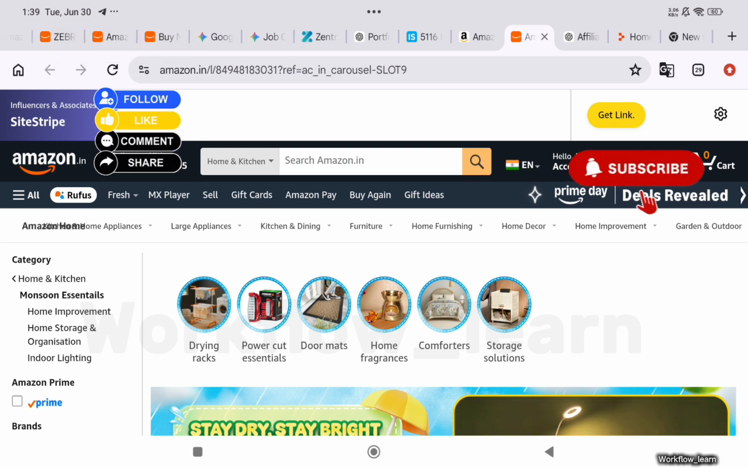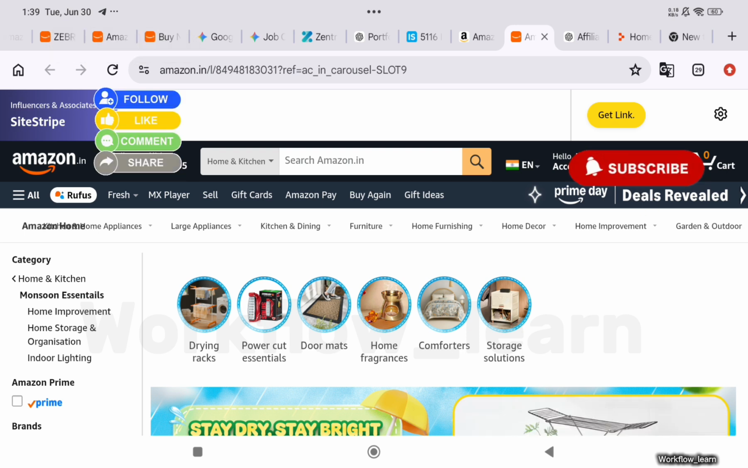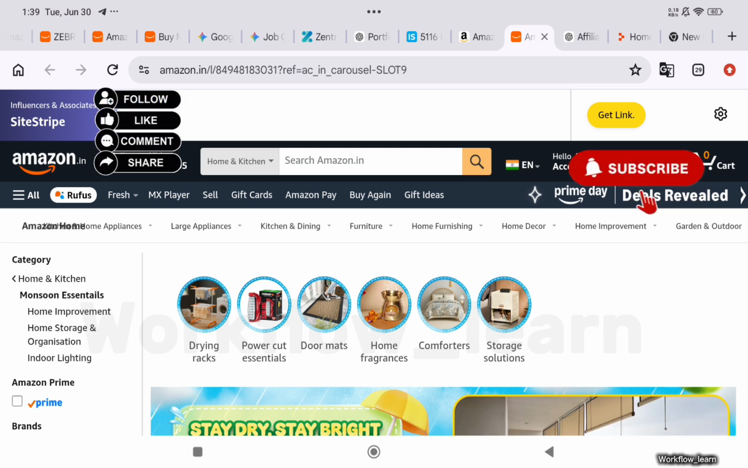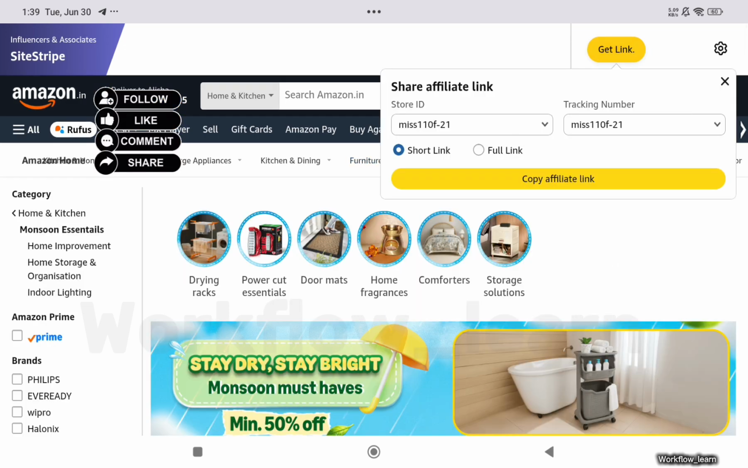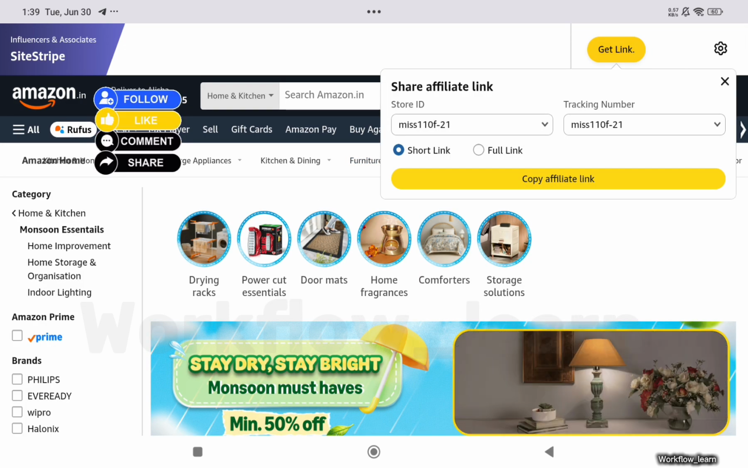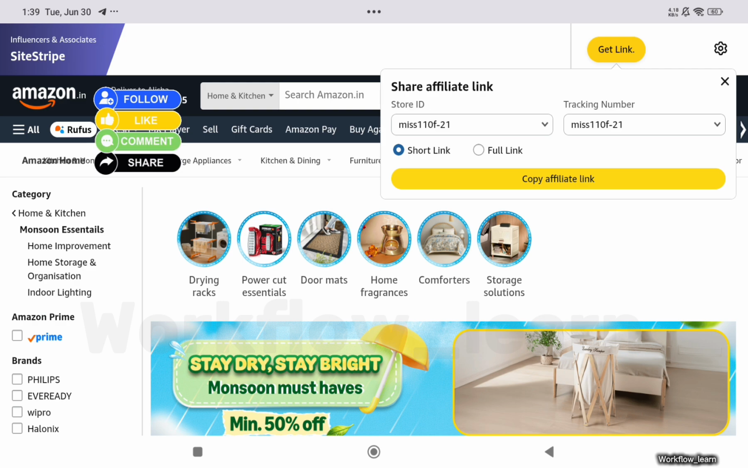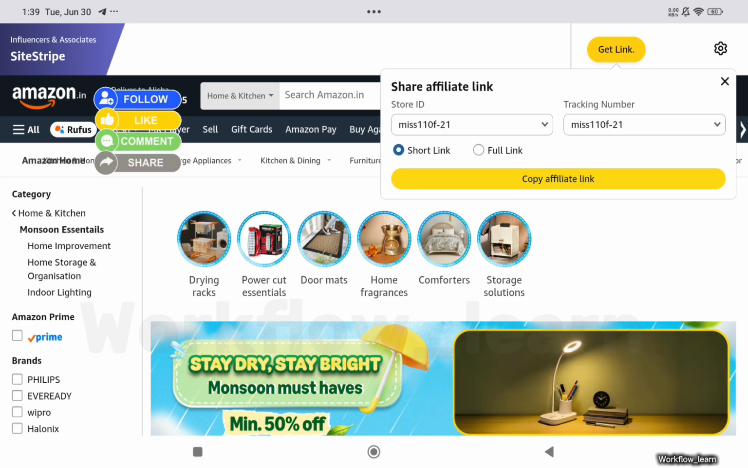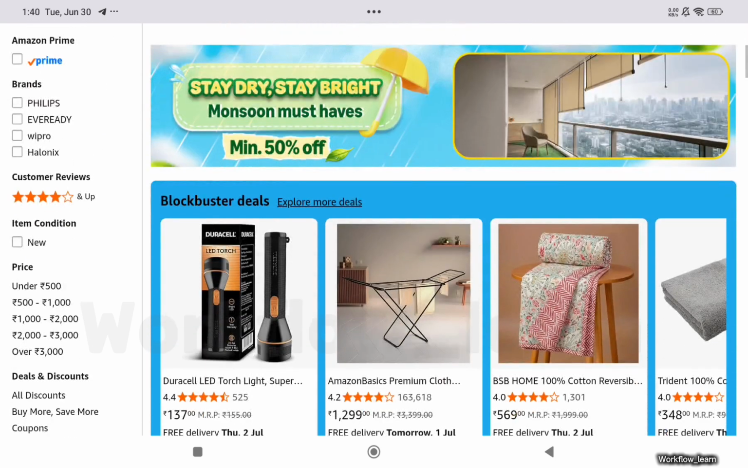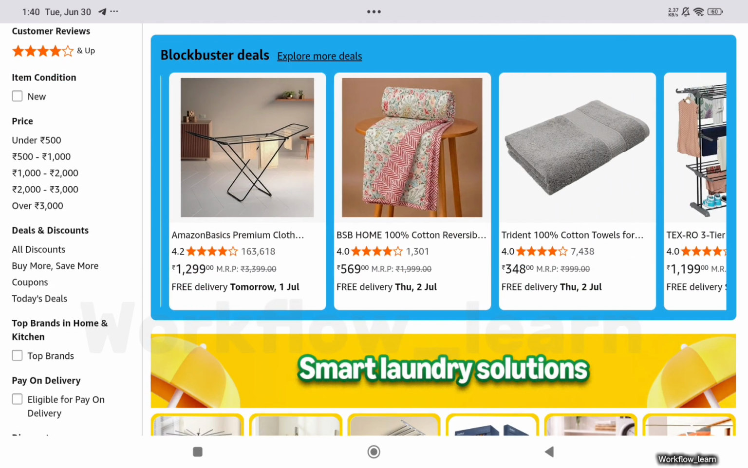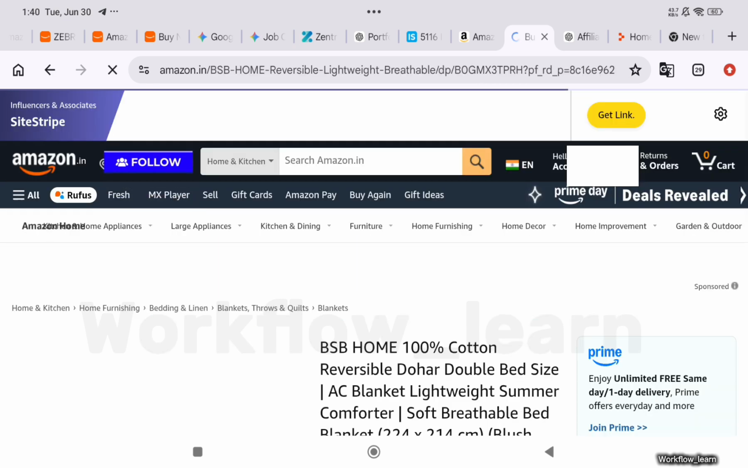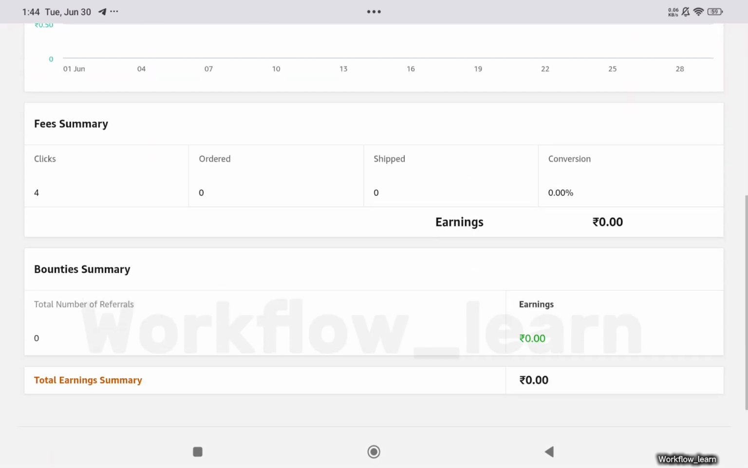Now you will see the SiteStripe at the top of the page. This is one of the easiest ways to create an affiliate link. Now search for any product you want to promote. For example, I'm selecting a product. You can choose a product related to your niche, such as gadgets, beauty products, kitchen items, travel accessories or home essentials